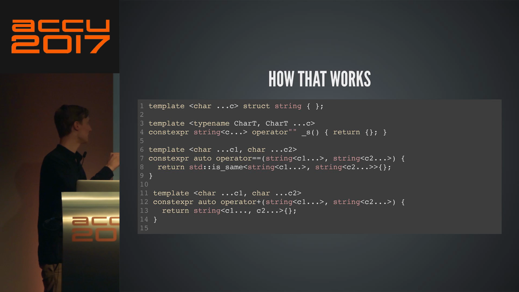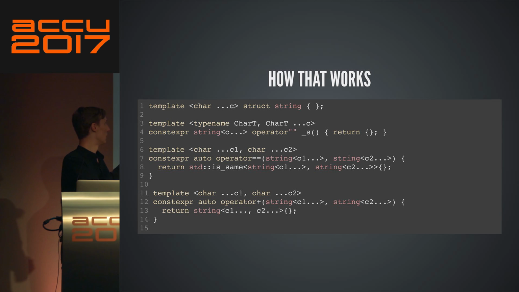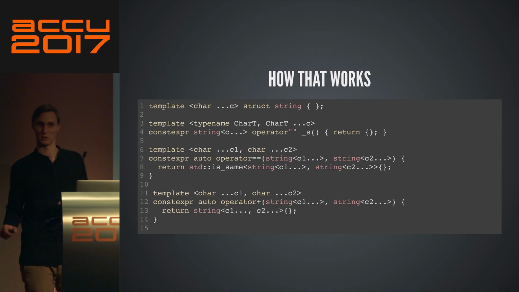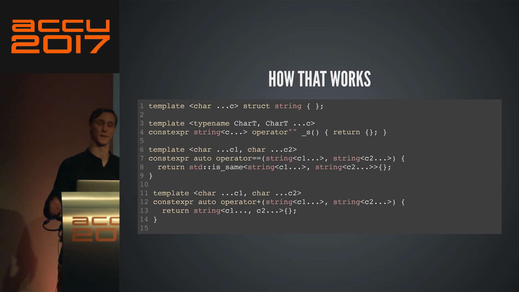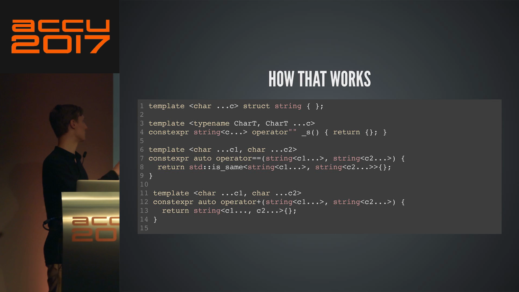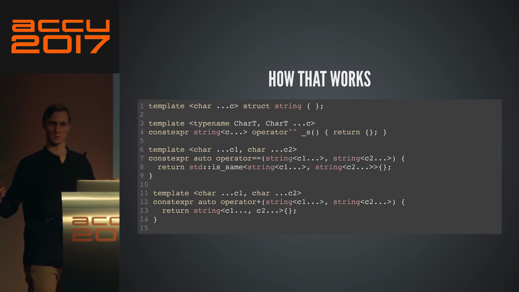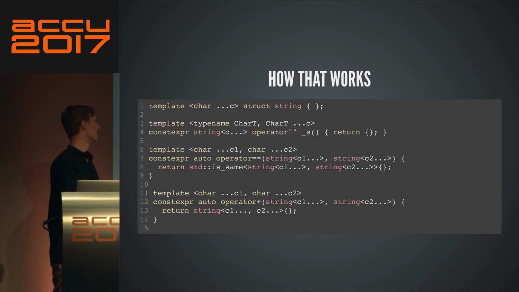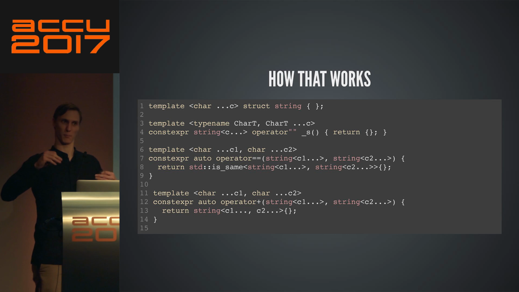And then when you want to compare these things, you get two strings with two sets of characters, and you just want to know, are all the characters equal? There's a bunch of ways to implement that. One is to say, are you the same type? If so, then you must contain the same set of characters. You could use C++17 fold expressions to compare.